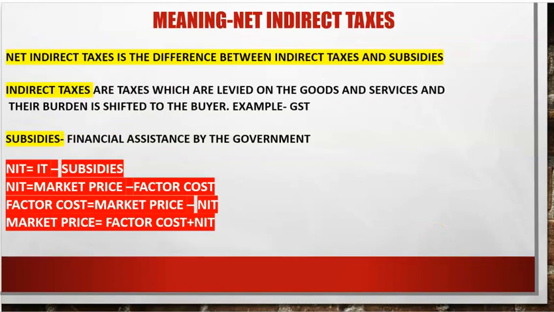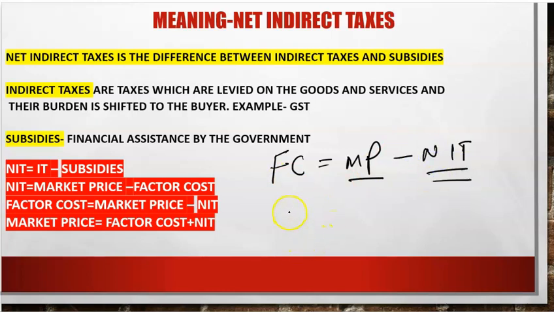Third adjustment is very easy, that is NIT. This is the conversion done to convert market price to factor cost. Market price also includes taxes. So therefore, we don't need taxes in the national income. So we need to subtract NIT from MP to get FC. So why is it NIT? Why not IT? Because